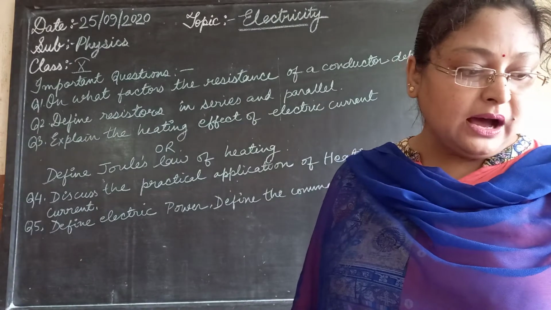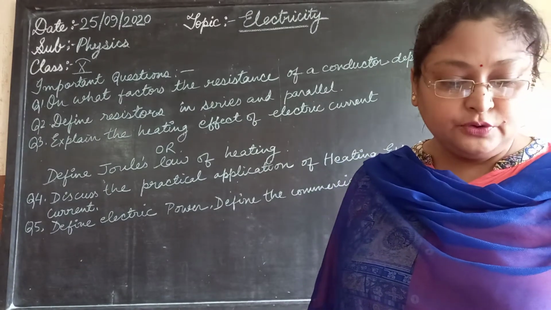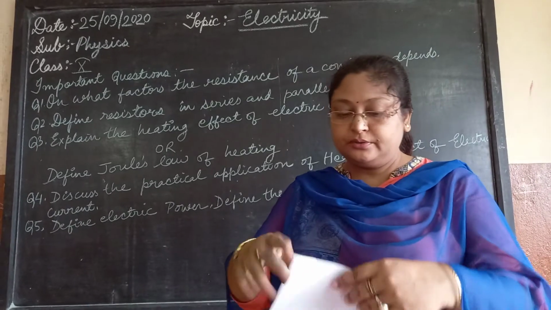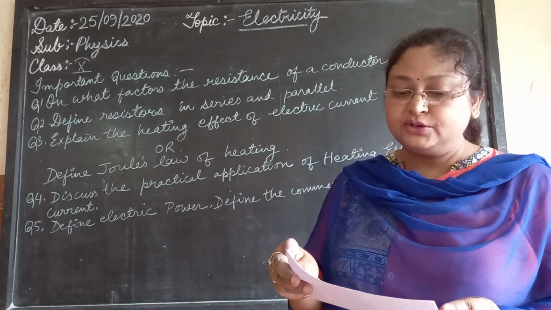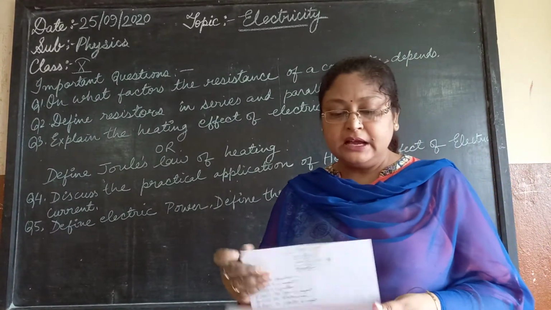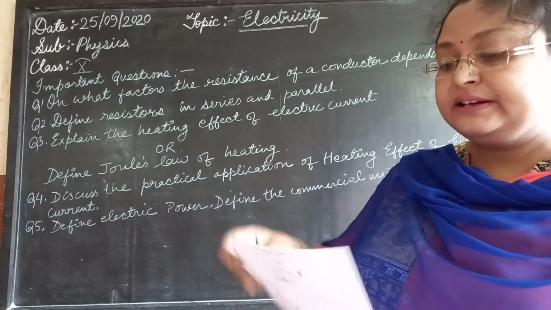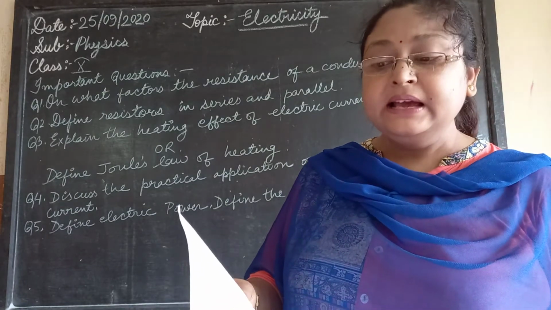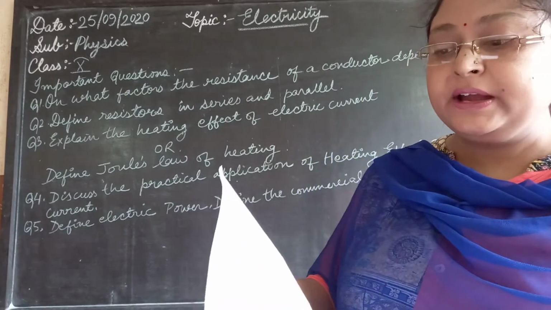I think you are able to cope up with the few questions which I have already given to you. Once more I am going to explain it. What is electric current? You know it very well. Draw a circuit diagram. The circuit diagram I have already explained to you. Any of the circuit diagram you can explain in this particular topic, and label it.